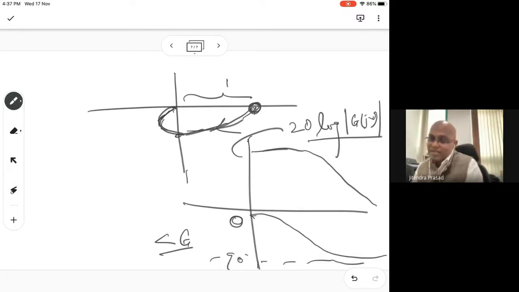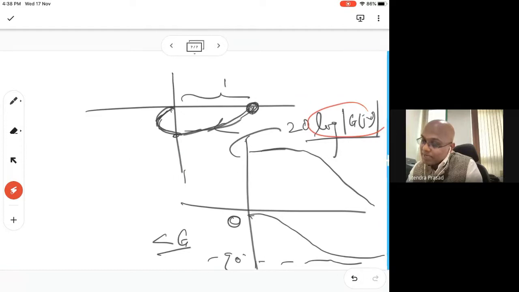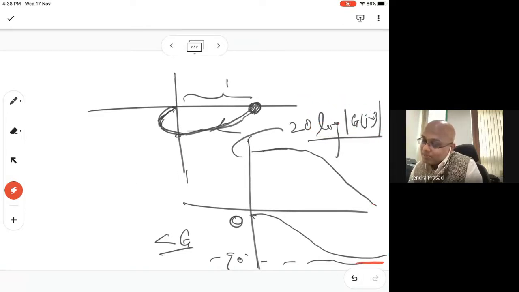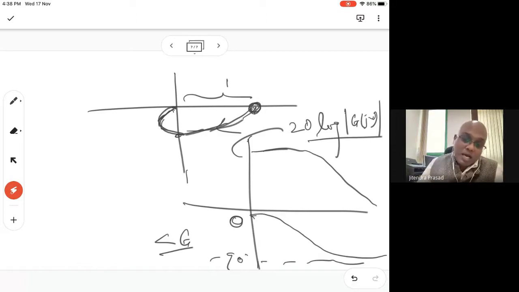This is the same as you see in the polar plot also. When you get a very small value, since this is a log, it goes into minus, meaning that the actual G of j omega is very, very small. Hence, this whole thing will be a negative value. So there, the value is minus 90 degree. And the same thing in the polar plot, you get the same thing. Although this question asked for the polar diagrams, in Bode plots also it is applicable. It's interpretation, right?